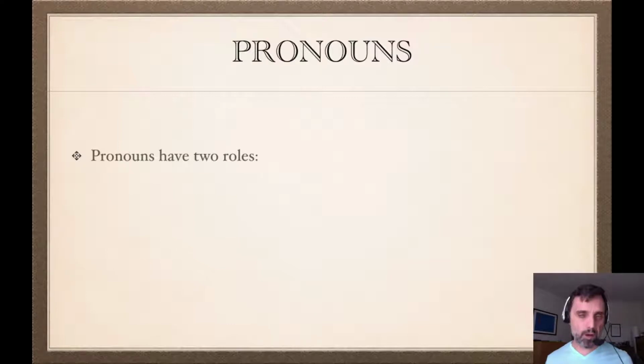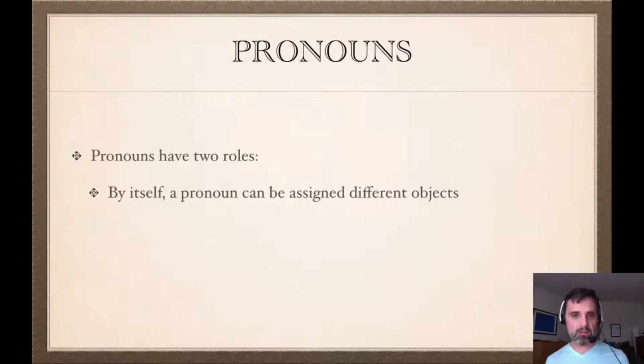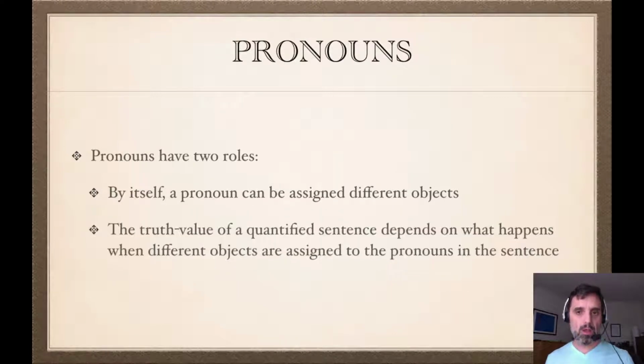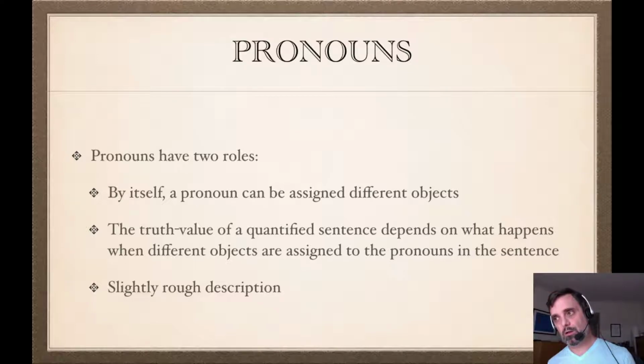So we can see that pronouns have two roles. By itself, a pronoun can be assigned different objects, and then once it's assigned an object, the sentence becomes true or false. And then the truth values of quantified sentences depend upon what happens when different objects are assigned to the pronouns inside of the sentence in the way that we've just been talking about. So we're going to see that variables work much like pronouns in our next lecture. I should say this is a slightly rough description. We'll be getting a somewhat more precise description in the next